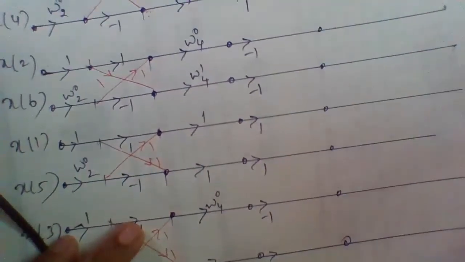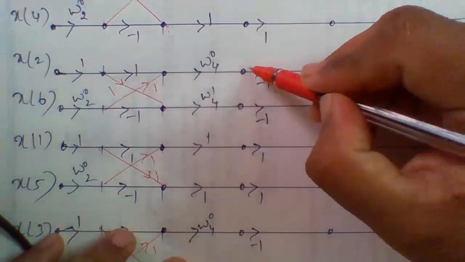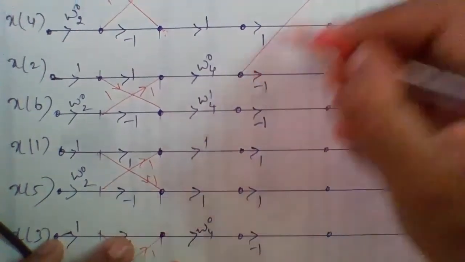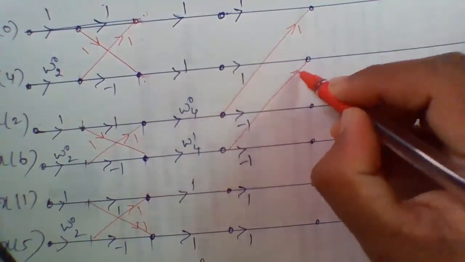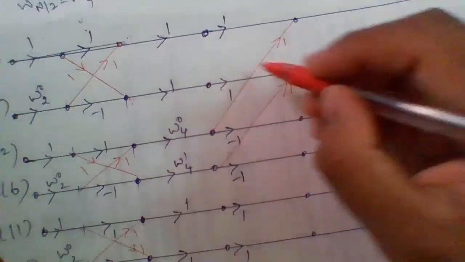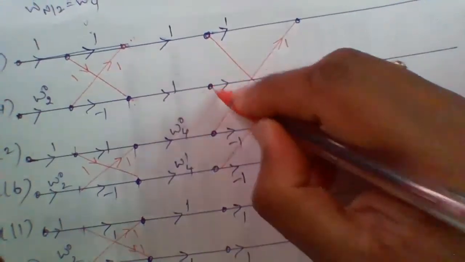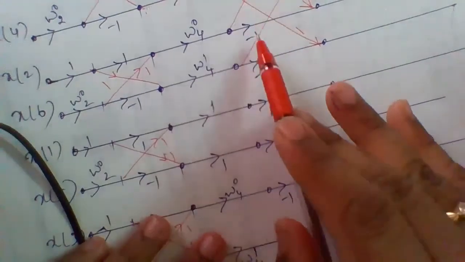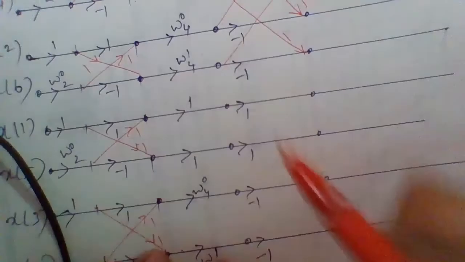So now we will connect. The connecting pattern is: the third line will be connected with the first one, and everywhere once you connect, write 1 there itself. Similarly the fourth one will be connected with the first, and once you connect, write the arrow mark and write 1 there itself. Similarly on the other side, the first one will be connected with the third, and see that there is no overlapping. All plus 1 and minus 1 twiddle factors are clearly visible. So this is the first half, that is the f1 values.